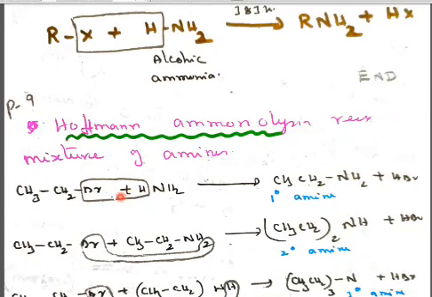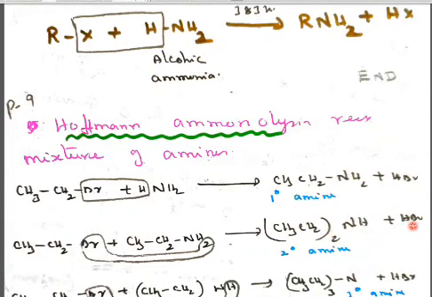so it loses HBr. So we got CH3CH2NH2. I already told you NH2 is a primary amine, NH is a secondary amine, N is called a tertiary amine. We got a primary amine. In the same container, the primary amine CH3CH2NH2 is again reacted with the CH3CH2Br alkyl halide. Again HBr is released. We will get CH3CH2 two times with NH, so we got a secondary amine.